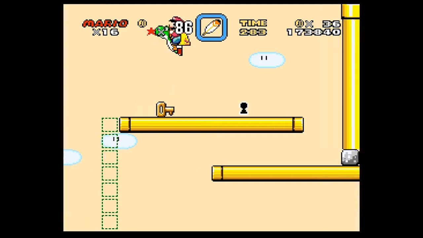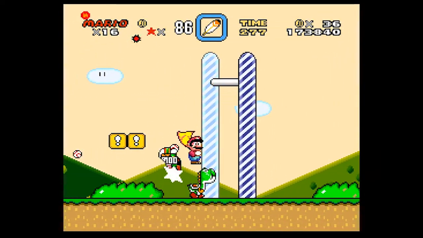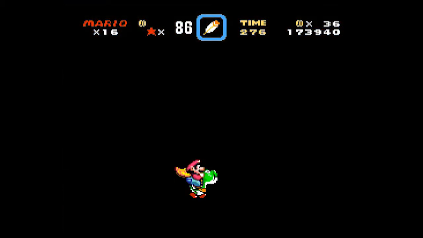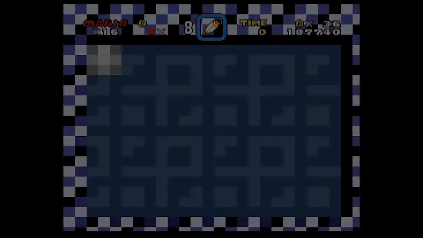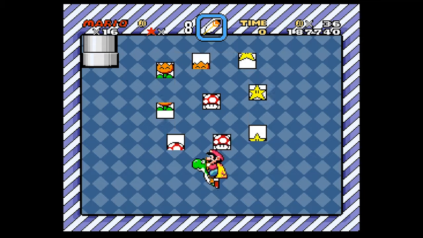If you pick up the key and put it in the hole, you'll get that. But for now, I'm actually just going to go through the regular old ending. I am actually very surprised I didn't lose my Yoshi there. That was really lucky. And I actually get a secret now, the bonus game, which is just a way to get extra lives. I'm really bad at this, so...